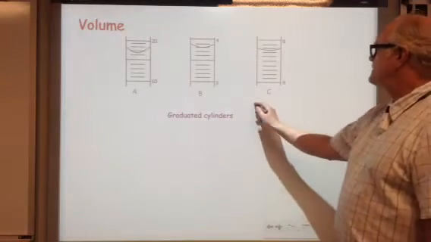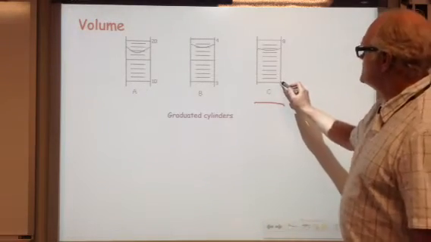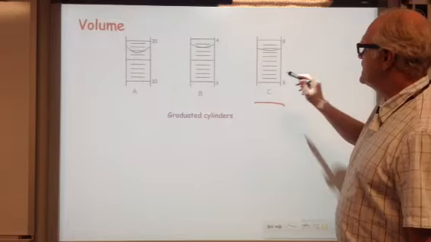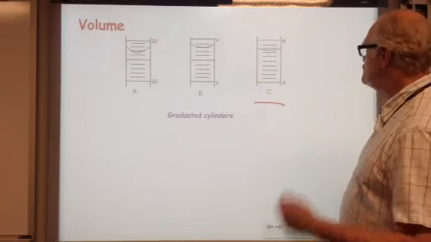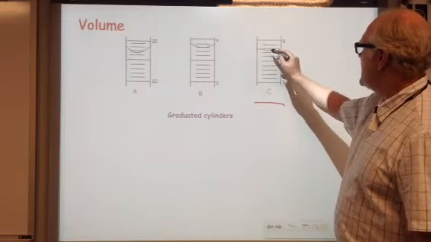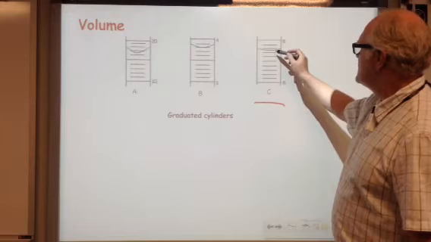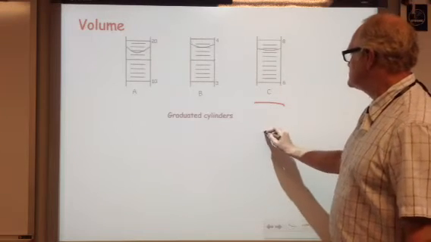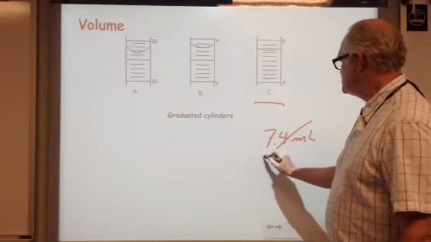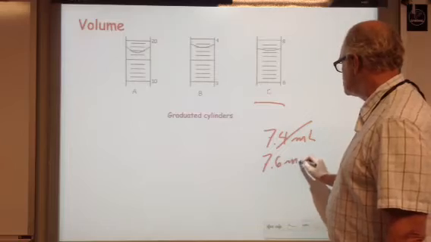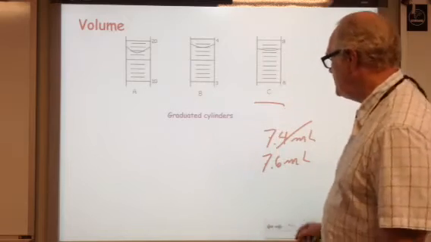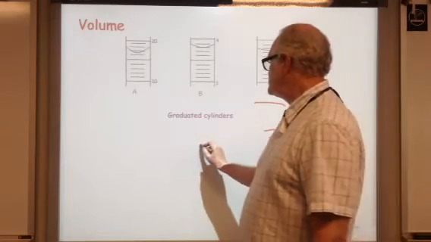Let's try one more time. Let's try graduated cylinder C. 6 milliliters, 8 milliliters. If we count up these marks in here, we can figure out that each mark stands for 0.2 milliliters. So we're going to find out that the bottom of this meniscus is between 7.4 and 7.6, but it's clearly not 7.4 milliliters, and it's not 7.6 milliliters. It's somewhere in between. In my estimation, it's halfway in between. So I'm going to say that this is 7.50